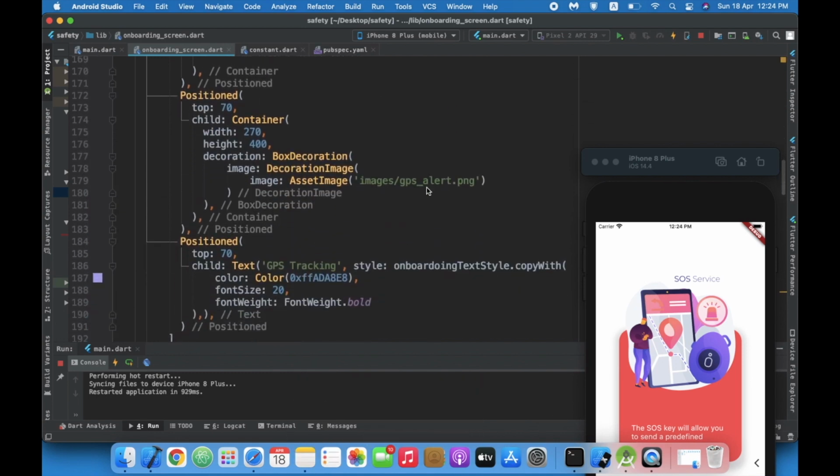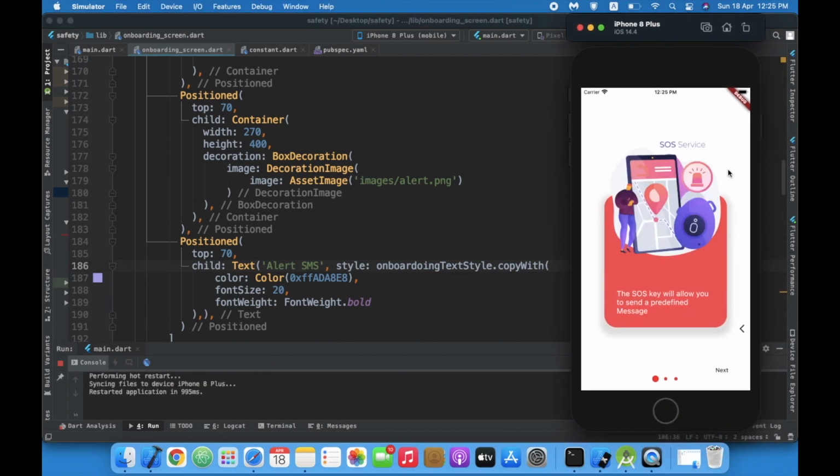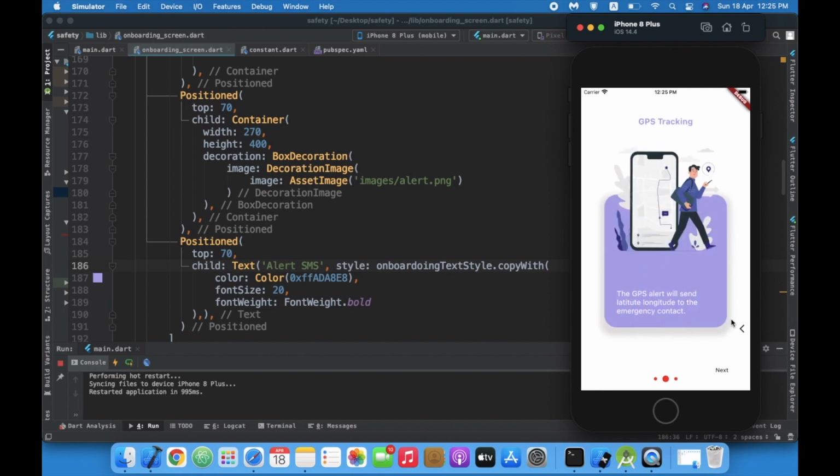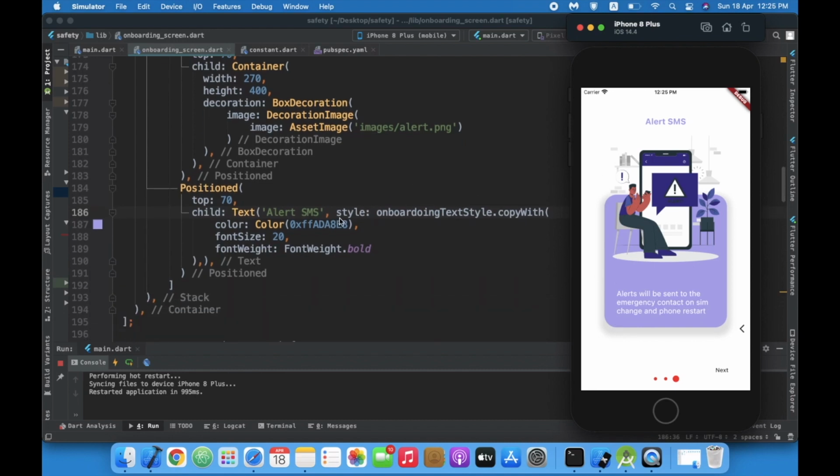The image name is alert. Alert SMS, I guess. Let us check GPS tracking alert. Yeah, now let me change this color.